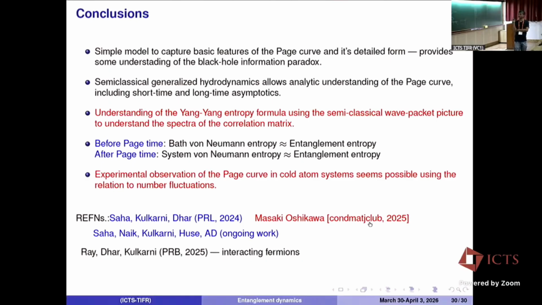Okay. First of all, for the black hole, the earlier difficulty was that you don't really have a quantum theory of gravity. But recently people have done calculations, and at least some people think that this paradox is now resolved. You can get this Page curve from a completely quantum calculation using, of course, string theory models. But the idea here is that it's a toy model which has the same features. It also points out that it's important